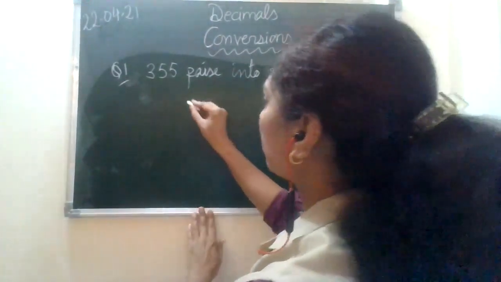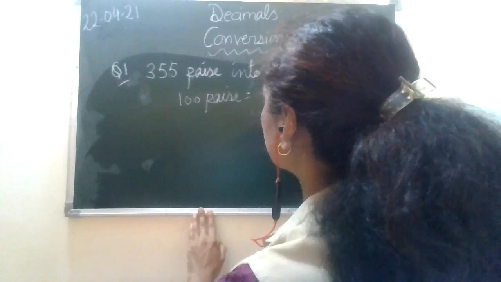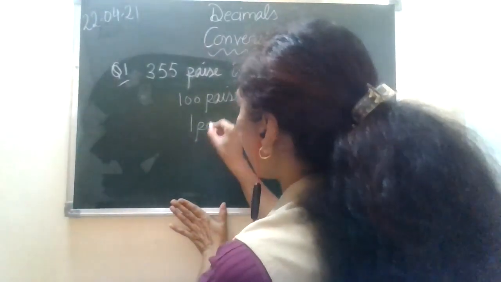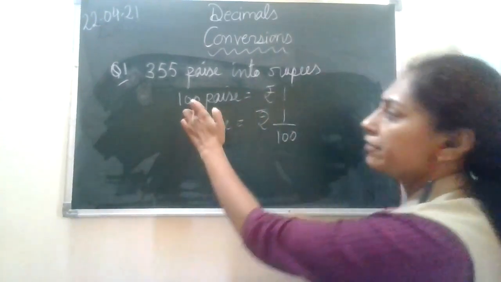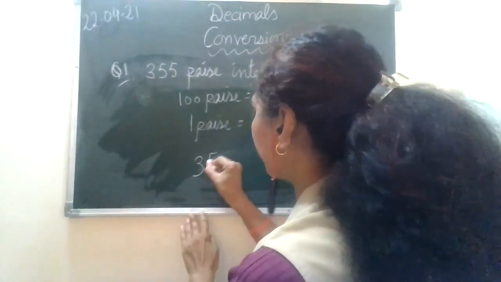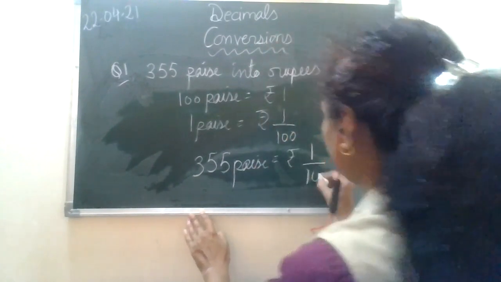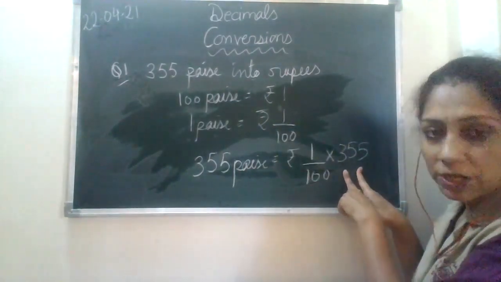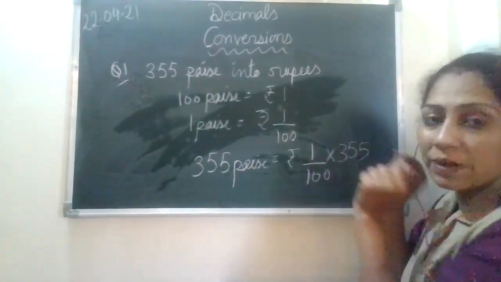First of all, if I say 100 पैसा जो आपको basic बताया है, that is equal to rupees 1. हमें जो convert करना है हमने यहाँ रख दिया RHS में. अगर मैं ये कहूँ 1 पैसा, आप कहोगे मैम rupees 1 upon 100, ही तो और छोटा हो जाएगा. 100 पैसा से हम 1 पैसा पाया है, और छोटा कर दिया हमने. लेकिन अब हमने फिर से बढ़ाया 355 पैसा. तो आप अब multiply करोगे rupees 1 upon 100 into 355, क्योंकि इससे तो आपका answer ये बड़ा आएगा. 1 पैसा में ये था तो 355 में कितना होगा, इसको इससे multiply कर दिया.